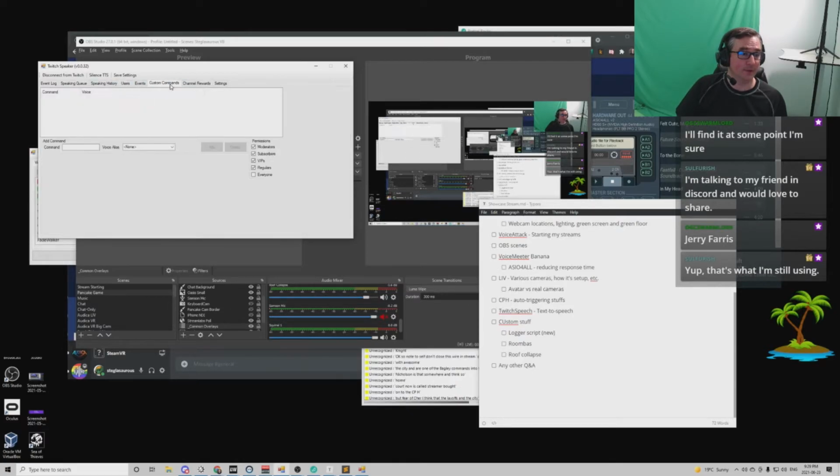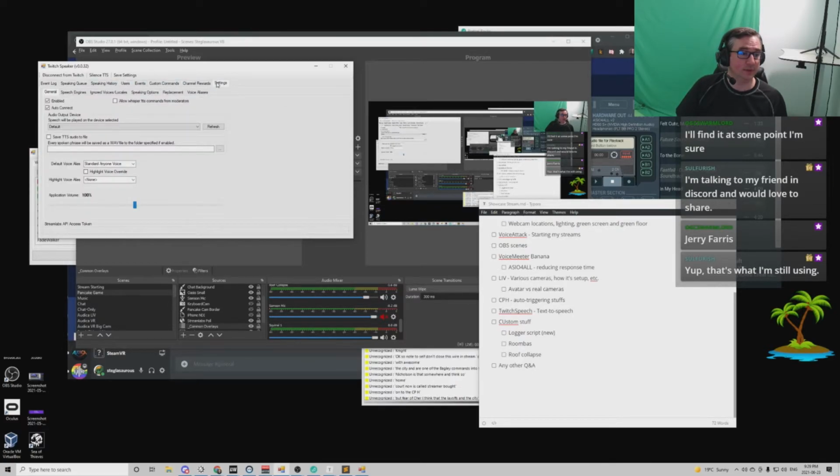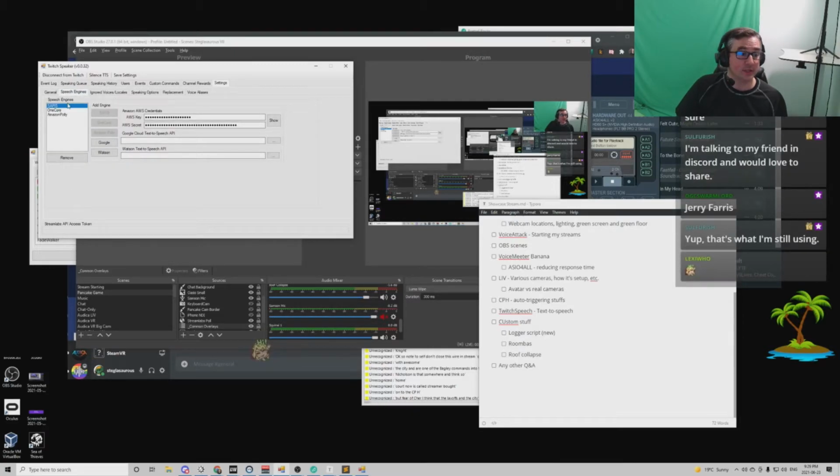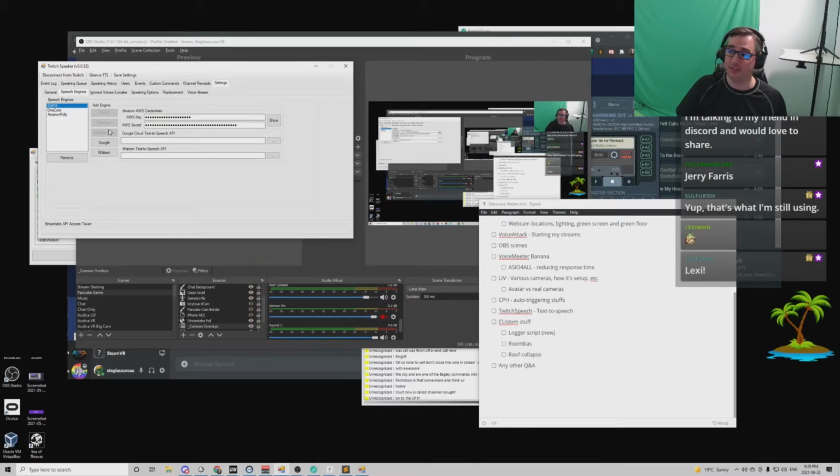Where are the settings? Okay, I hope this doesn't expose anything. Here we are. This thing has the ability to hook into a bunch of different speech engines. So, for example,